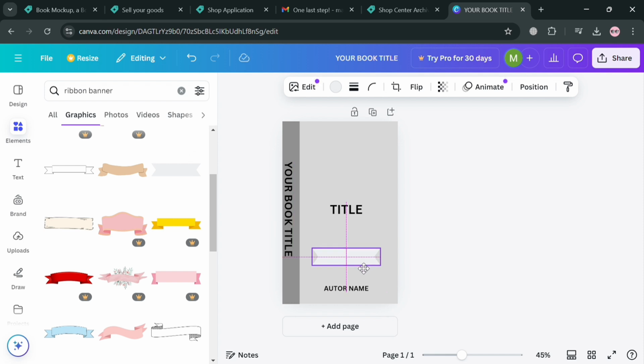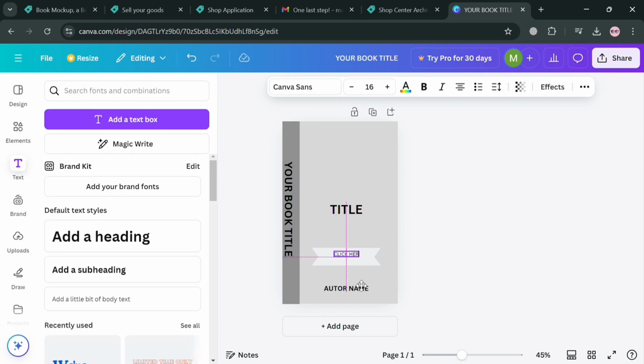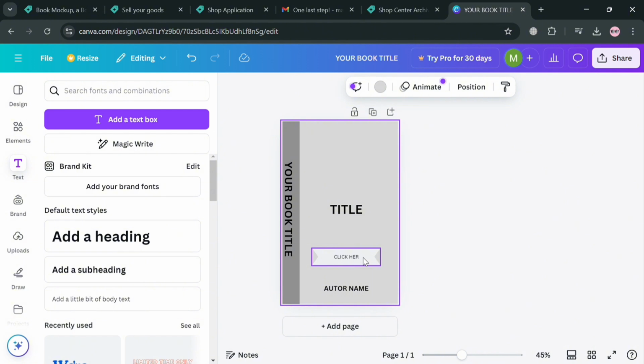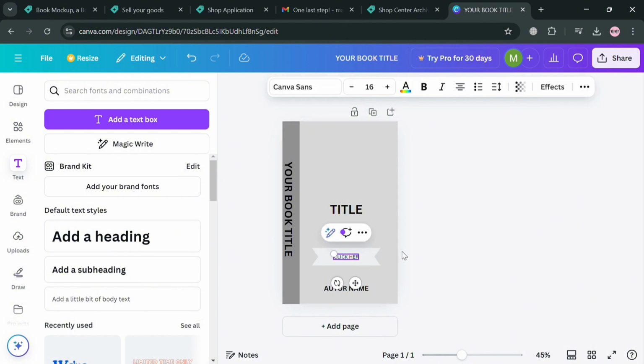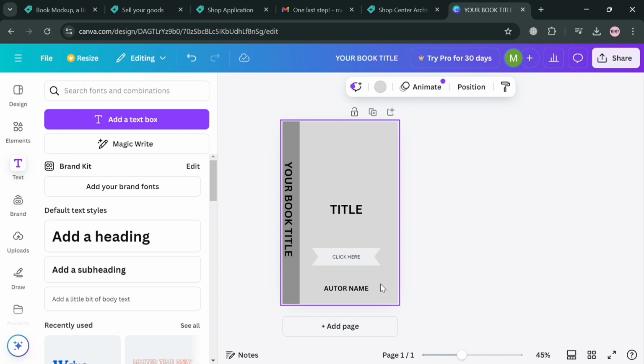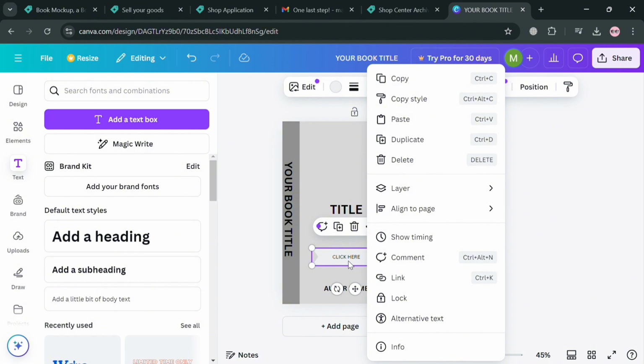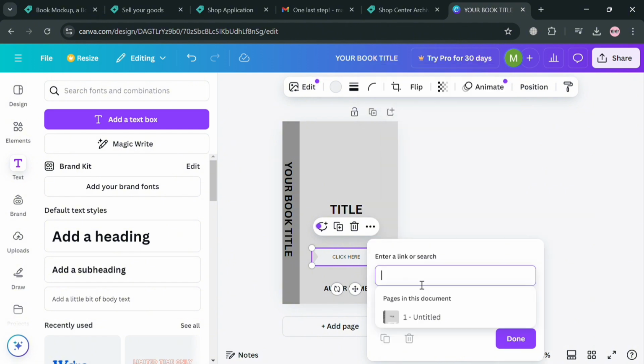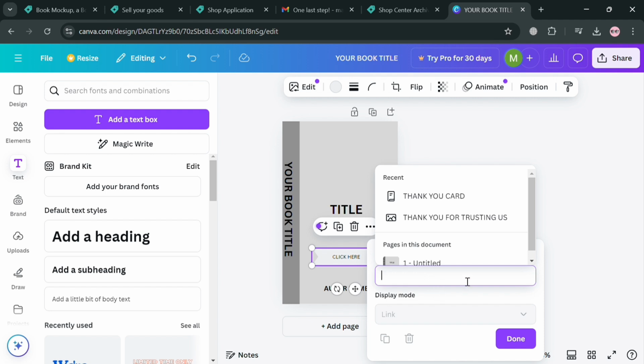In this banner, I'm going to enter a text that says "click here," so that if the customer tries to click this banner, they will be directed to the page where they will view the template, or the design of it. And in order to add the link, you simply right click on it and click the link option below here. Upon clicking this, it will show us this pop-up window